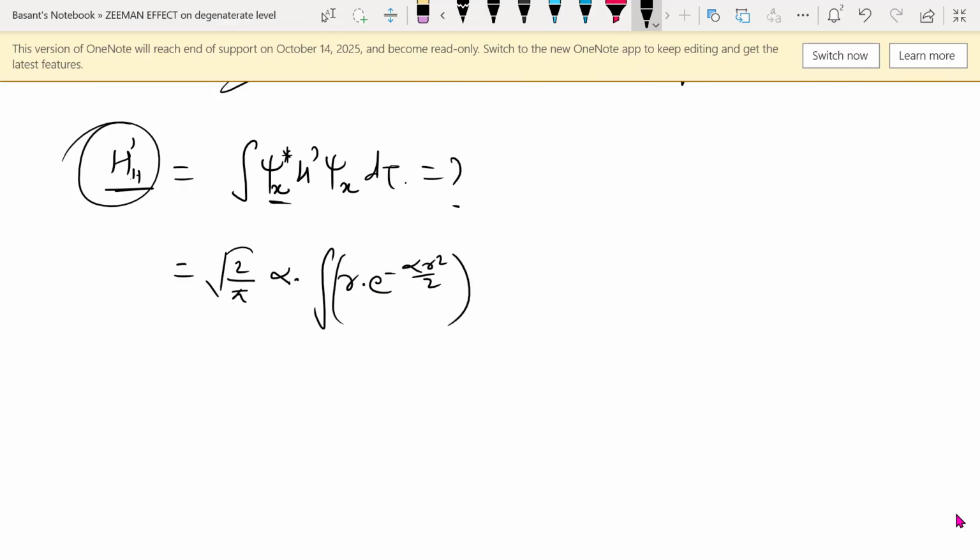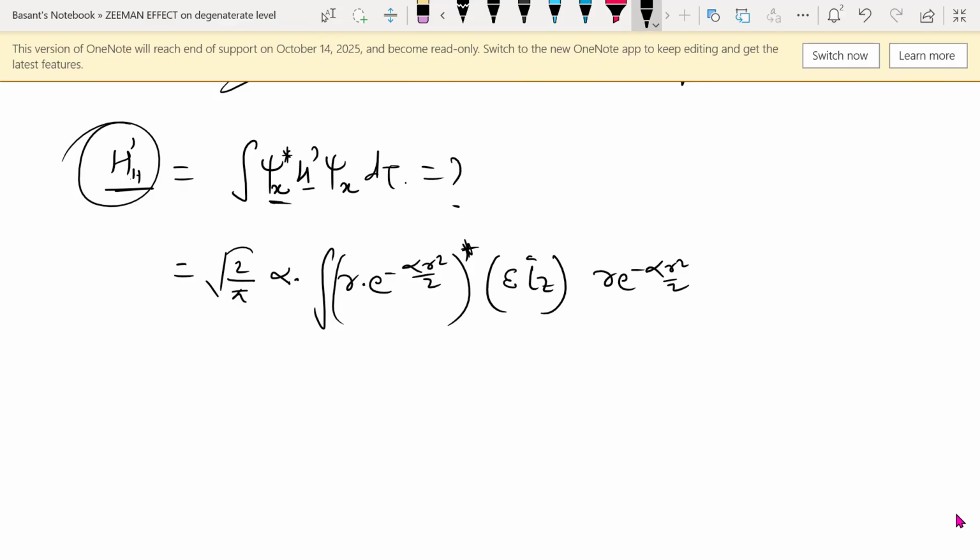By taking the complex conjugate of this, it does not affect it. And H dash is equal to epsilon times the Lz operator acting on psi x, which is again this function e to the power minus alpha r square by 2,